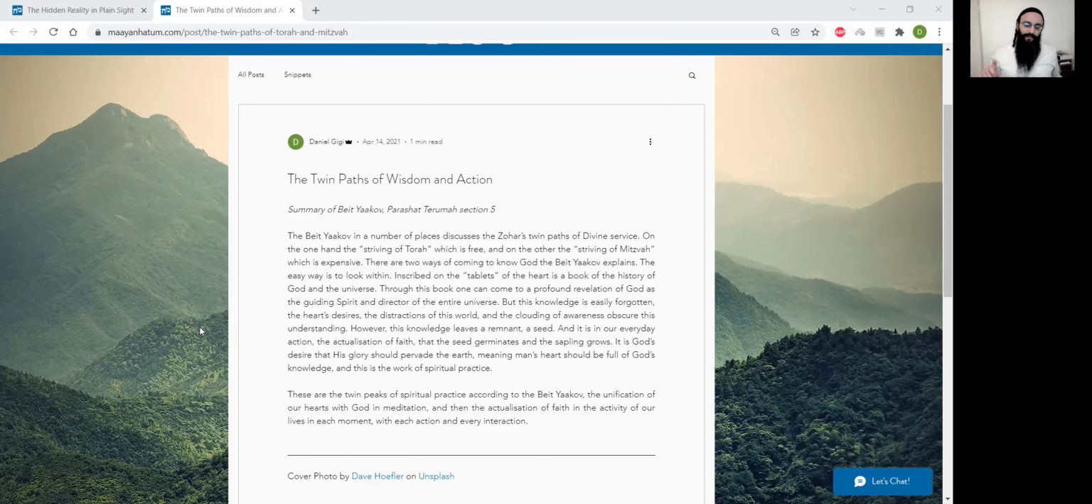So he says that this knowledge is easily forgotten. So you've had this revelation, this great revelation of God. You've suddenly experienced God in the world, but then you forget it. So even though you forget it, the knowledge leaves a remnant, a seed within your experience. And it is in our everyday lives, in our everyday actions, that